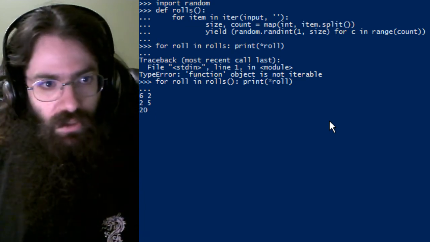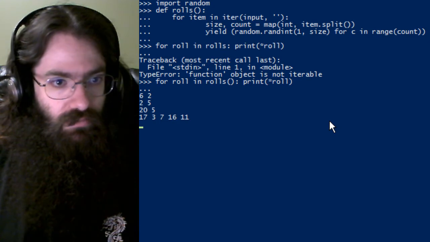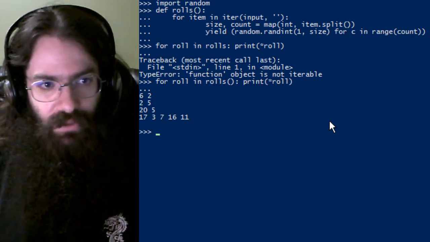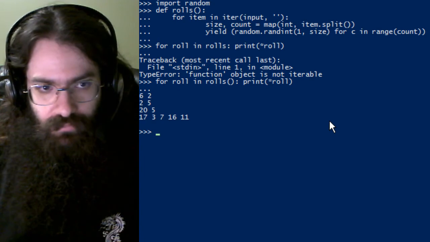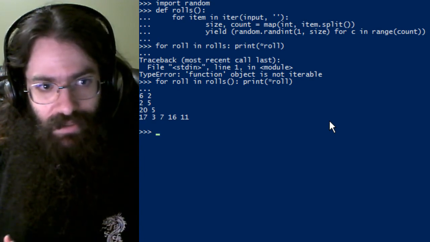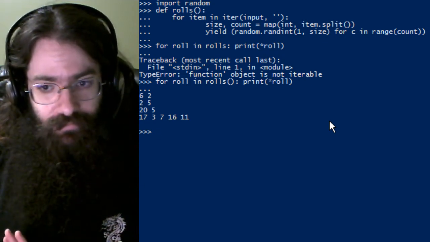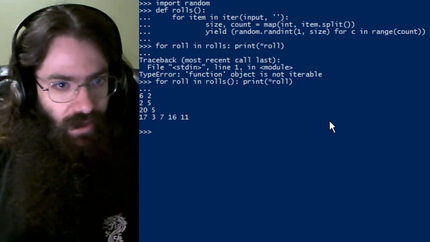About a D25 times. And that's it. Let's clean that up. I don't like having the inputs being interspersed with the output. So how about